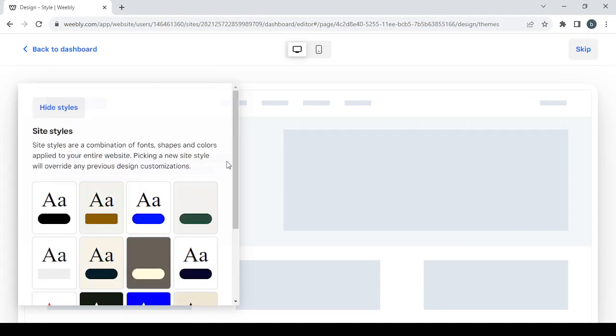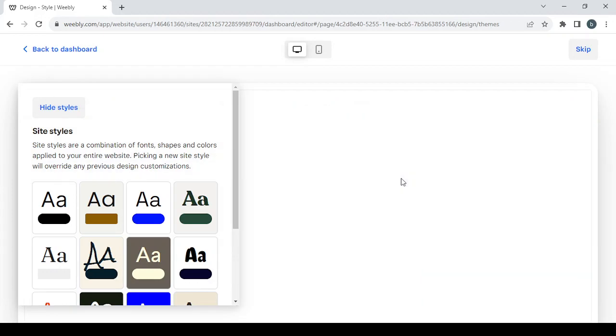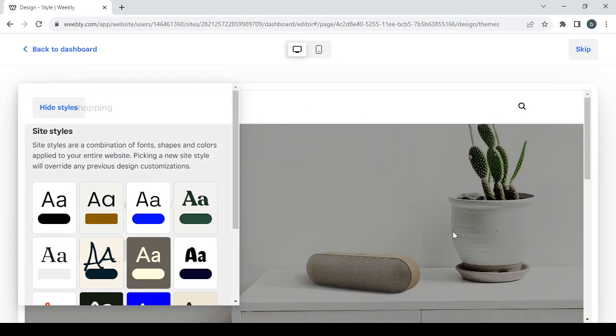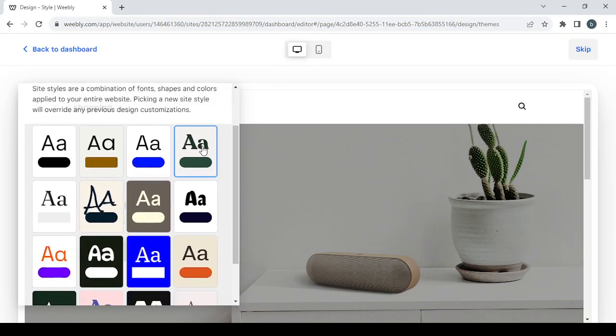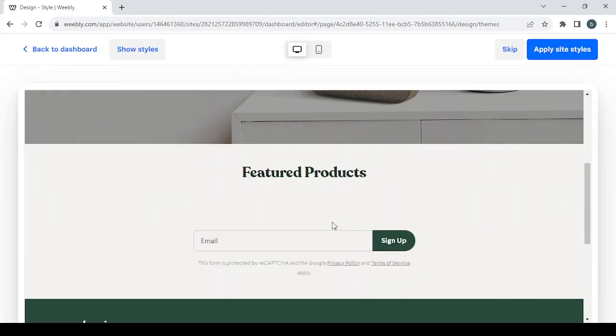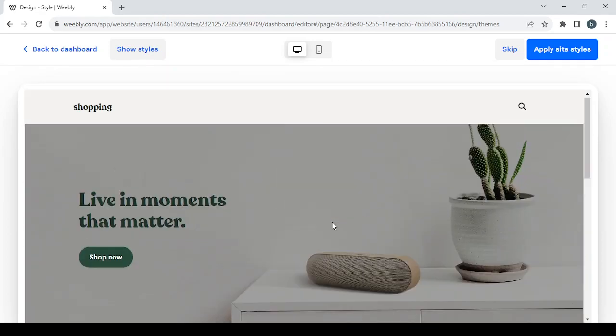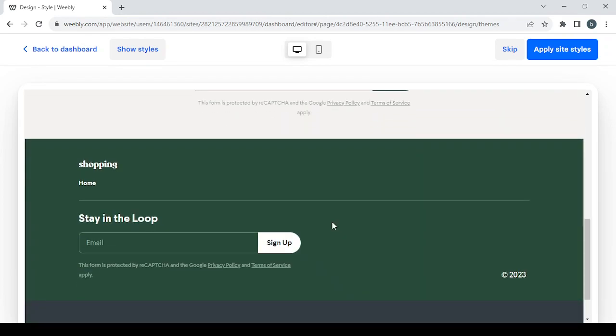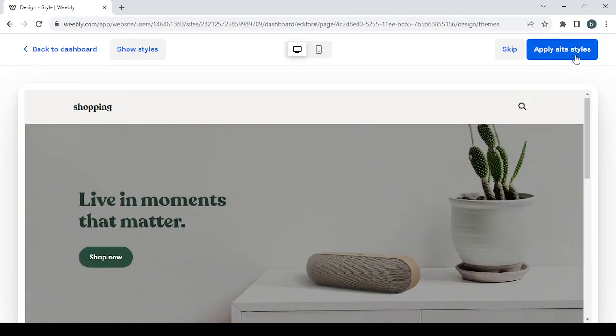So how it goes is we choose one of these styles and we check the template if it fits our template. Then we move on to the site design. So first let's just wait for the template to be fully loaded. As you can see in here, it's fully loaded now. Then we will choose one of these styles and we click on hide styles to check first if it fits our store. So I think this one fits me very good. Then you click on apply site styles,